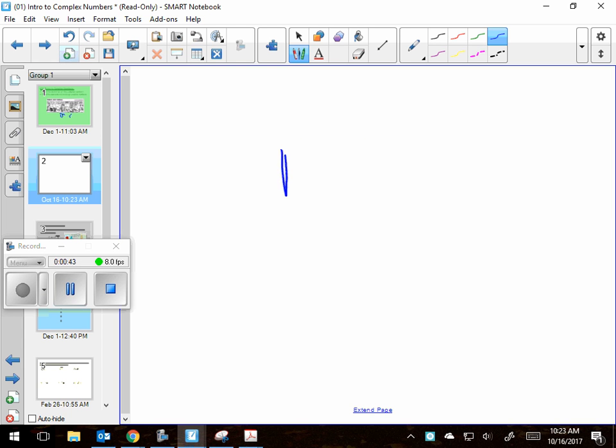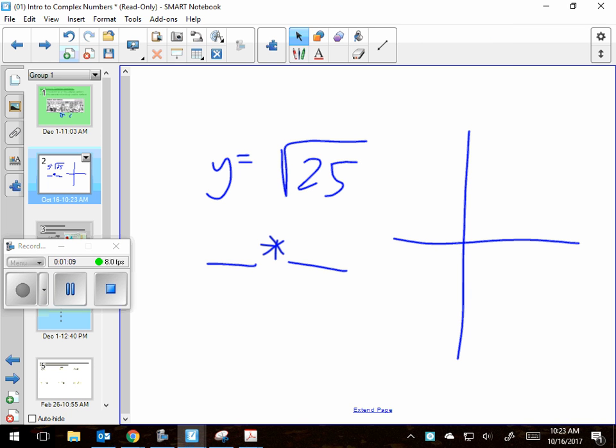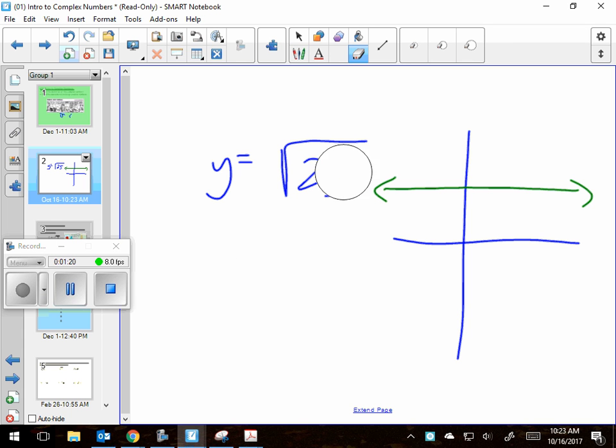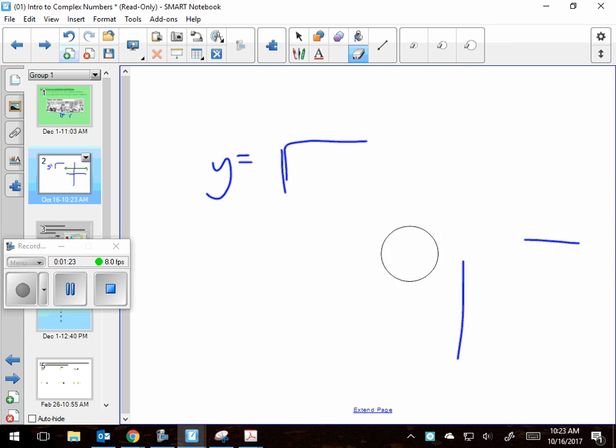This is where it came from. See, people were theorizing, well, what does the square root of 25 mean? The square root of 25 means something times something that could make 25. And we had this discussion before about, is there two answers to this? And I think some of you still think that -5 is the square root of 25, and it's not. If you graph this on your calculator, it'll tell you only one line. It'll give the line y equals 5 as the answer, because it's not 5 and -5, it's just one thing, okay? But then they were thinking, well, what could happen if we try to do the square root of -25?